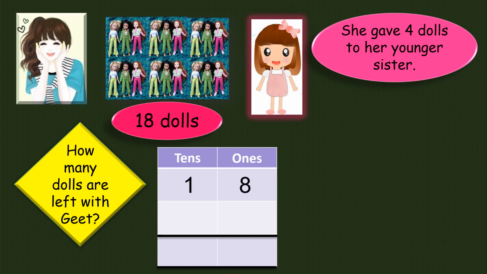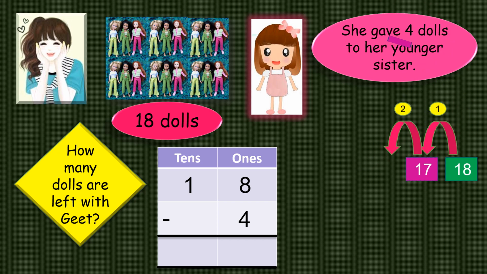So we need to do subtraction, children, right? So 18 will be written on the top. Then minus 4 we have to do. 4 we will write under ones place. And now we will write 18. And how many steps we have to count towards backside? 4 steps, right? So in the first step, starting from 18, we will reach number 17.